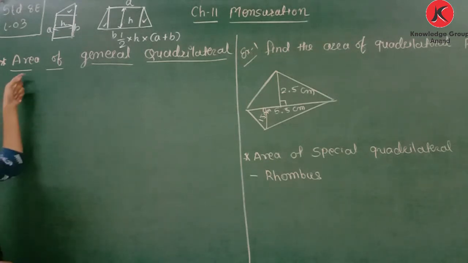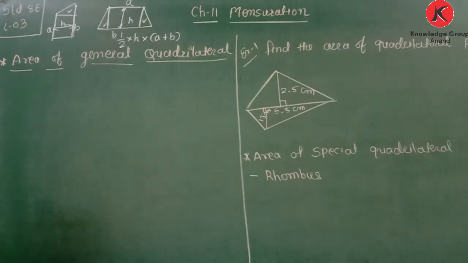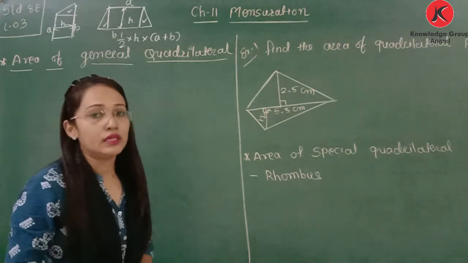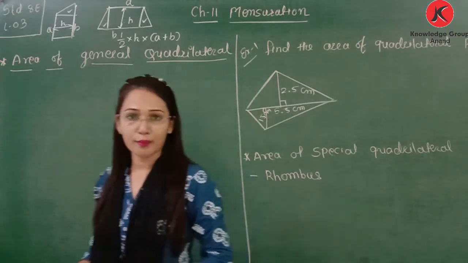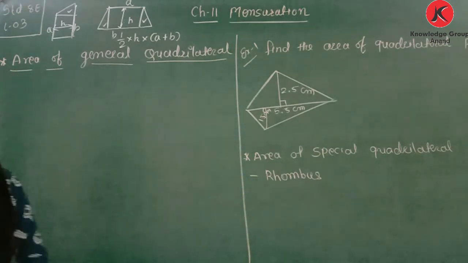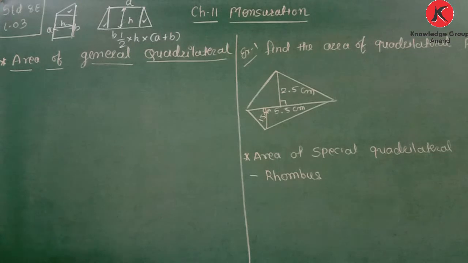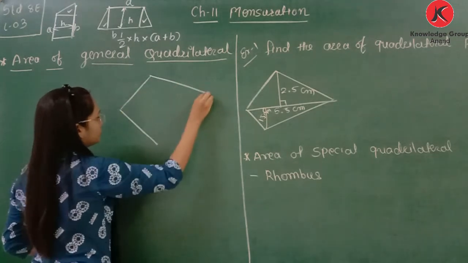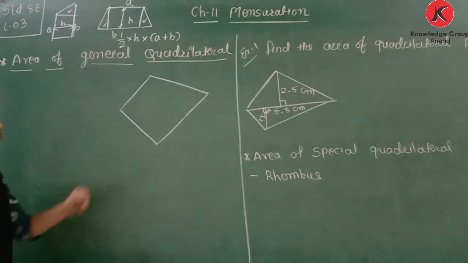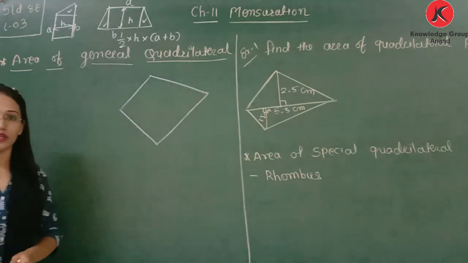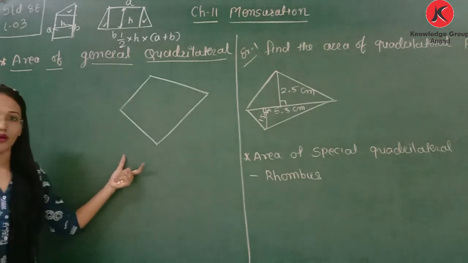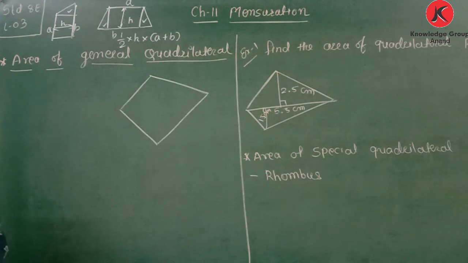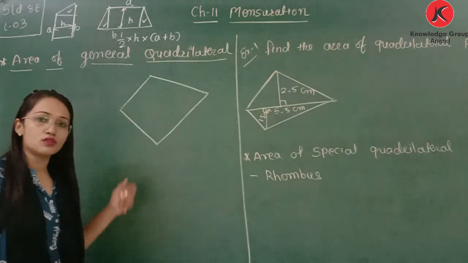Now today we will learn how to derive the equation for a general quadrilateral. Because it is not possible that every time we have a square, rectangle, parallelogram, or trapezium. So how can we derive the equation for a general quadrilateral? If we have this kind of shape, and we need to find the area of this general quadrilateral. Quadrilateral means, now I hope you are clear with what a quadrilateral is, a polygon with four sides. So how can we find the area of this quadrilateral?